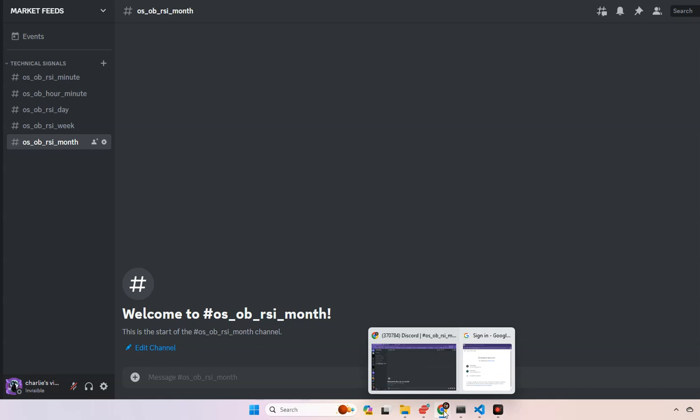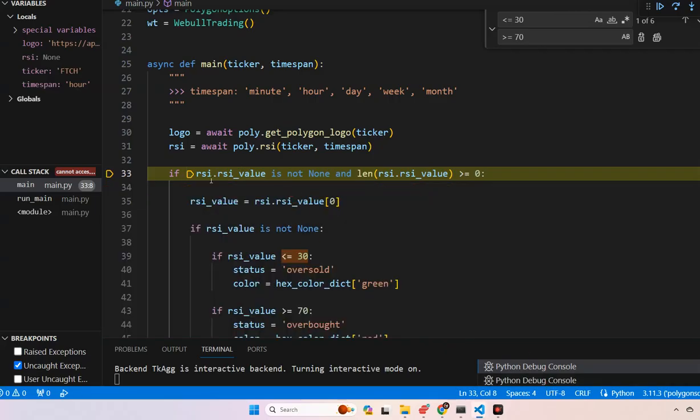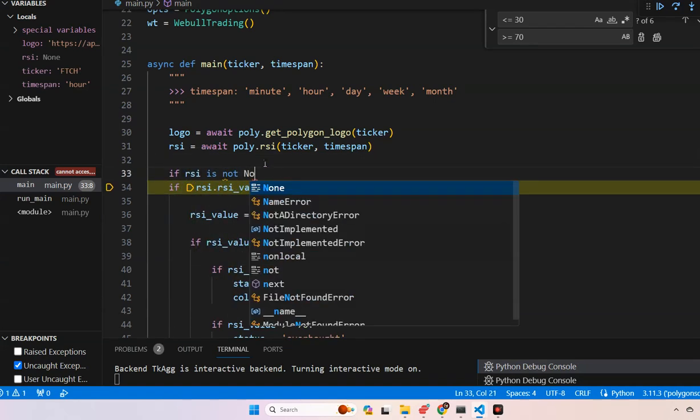So it should be red if it's overbought, green if it's oversold. We should have the ticker logo on here. Let's see what happens. Only other thing I could think that could maybe go wrong is I may have spelt gray wrong. Instead of AY, I put EY. So we'll have to wait and see. Okay, so none type. So the RSI is actually none. So, okay. If RSI is not none,